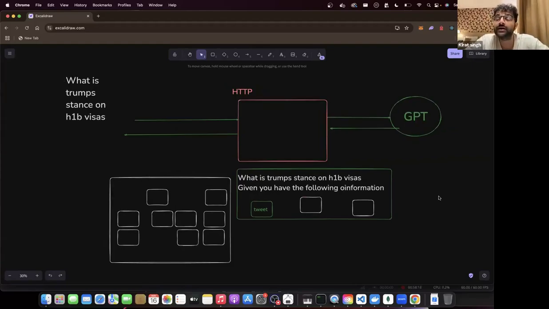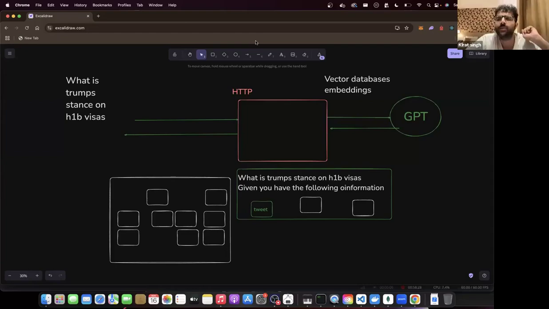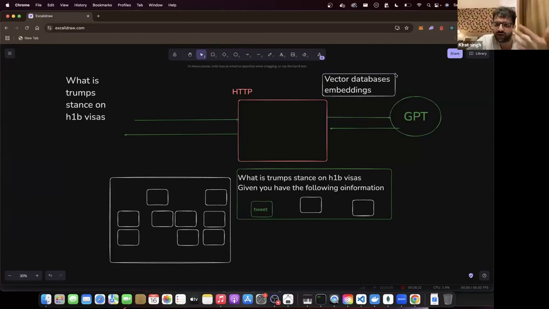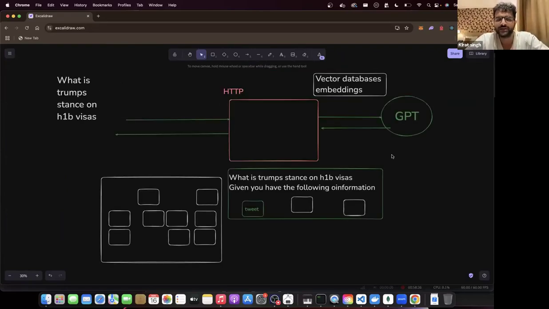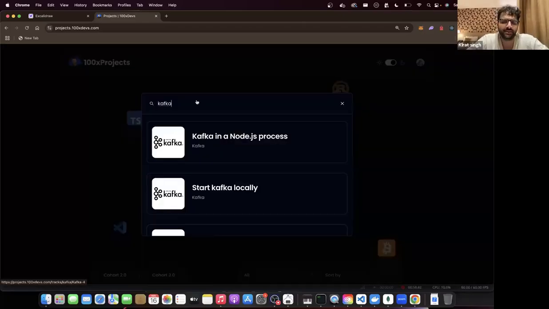Before vector databases were a thing. Vector databases, embeddings. ये दो चीजें हैं that are very popular now, weren't popular before. So someone said, Arkirat, Elasticsearch. What is Elasticsearch? अगर आप नॉर्मल सर्च करते हो, if you go to projects or 100xdev.com and यहाँ पे try to search for something, Kafka. So this can use something like Elasticsearch.